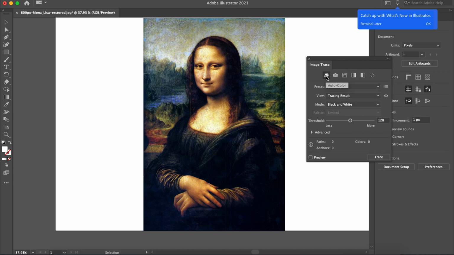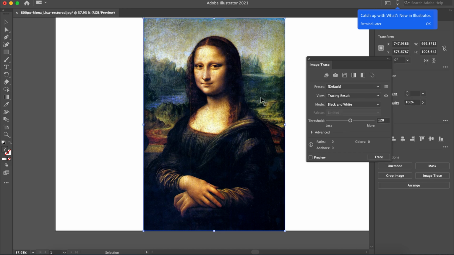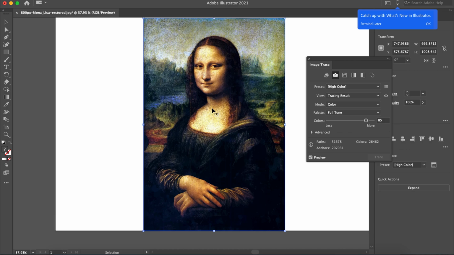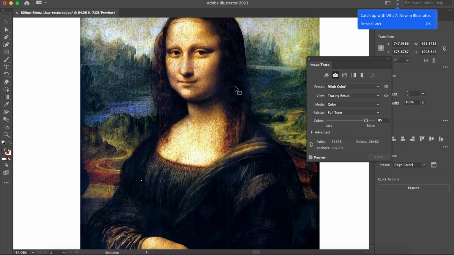So just to give you some ideas of what this tool will do, I'm going to click on high color, and if you have this preview box open, it will preview every single time you click on something. So first click on the image that you want to image trace, and then I'm going to click on high color, and it's going to preview for us what it looks like. So keep in mind, this is a photograph of a painting. And now that it's done, you can see it still looks the same,